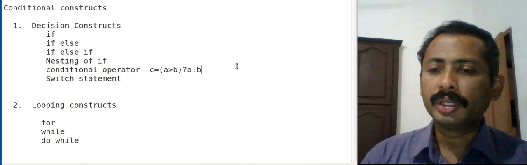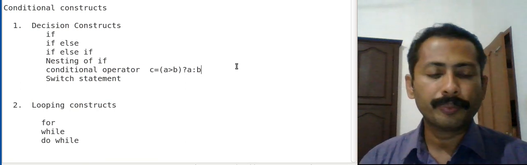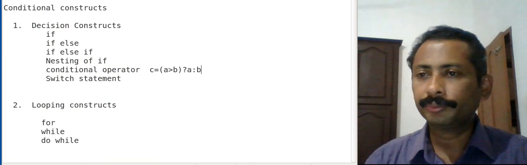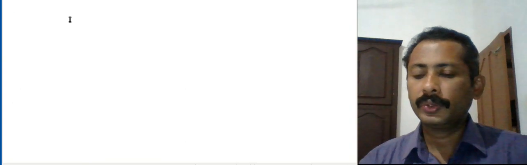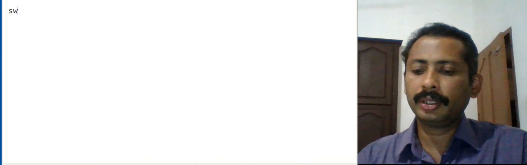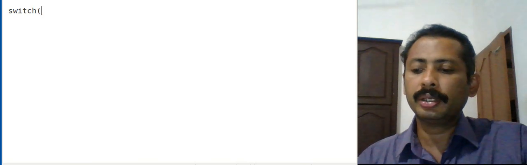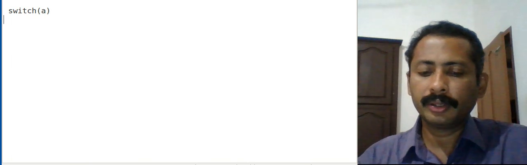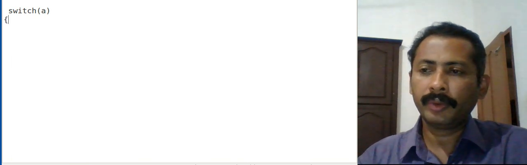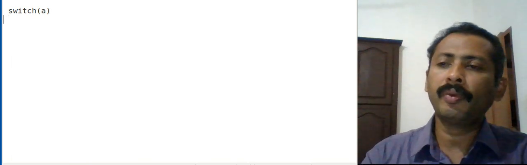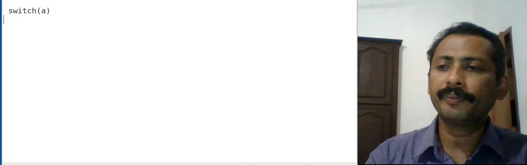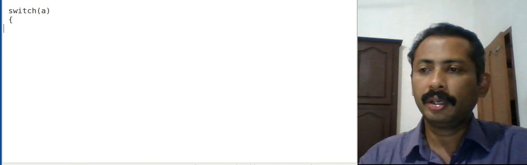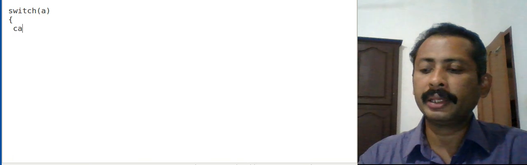And the switch statement, as we know, works like this. Switch a means depending on the value of a, it takes multiple branches.